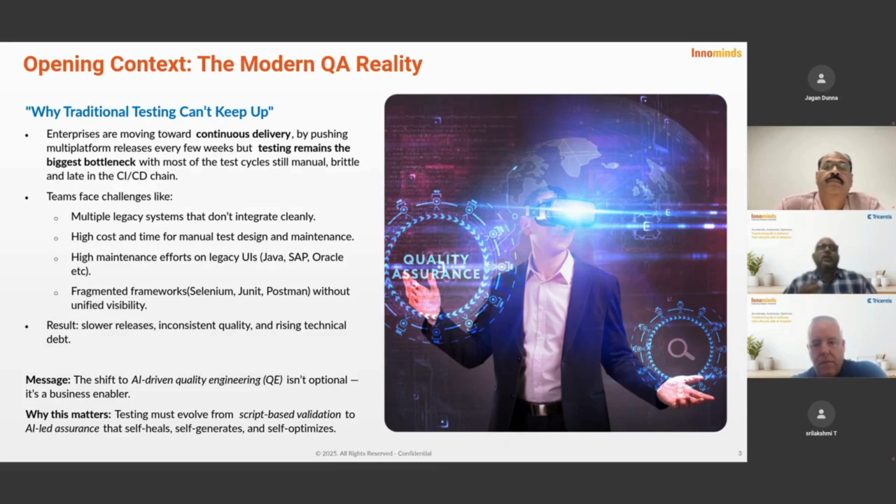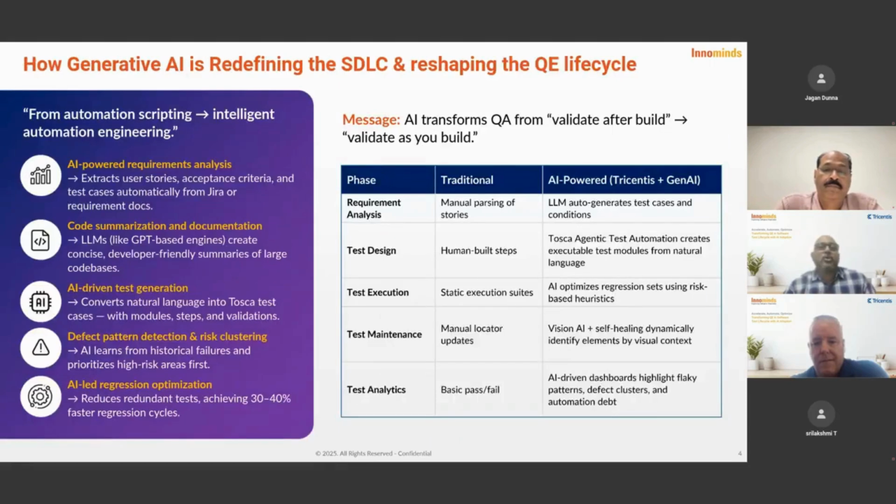Once you introduce this AI-led QE, it would actually help in self-generation, then self-optimization, and self-healing. So that's where the AI would significantly bring in value add on the existing script-based processes.